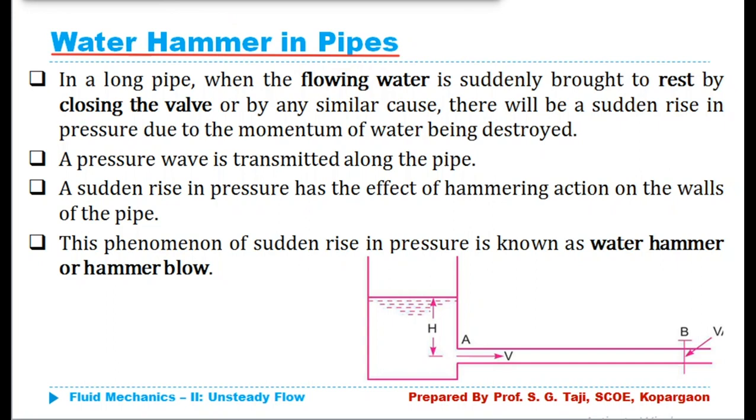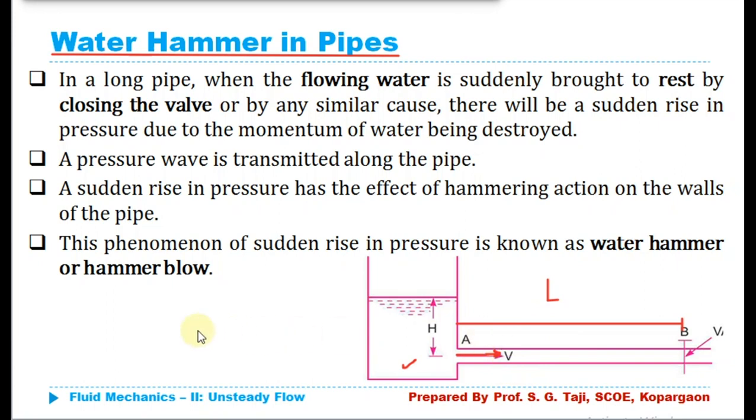To understand this better, we will consider one tank in which water is available with a height of h, and at the bottom of the tank one pipe is provided through which water flows with the velocity v. The pipe has length L, and at the end of that pipe we have provided one valve at point B. Now this flow is taking place under pressure, that is, pressurized